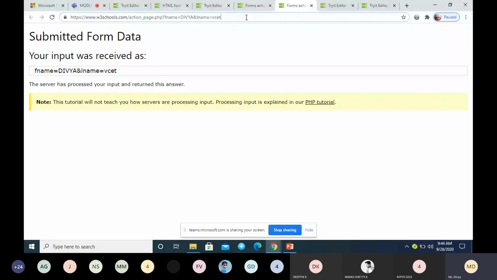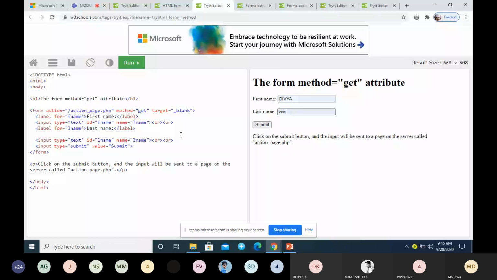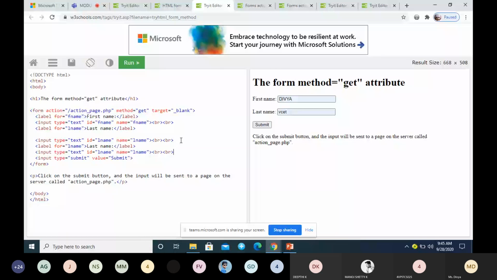Let's see whether you will get the password. I will specify one more field. If you are specifying it as a password, then type is equal to password.